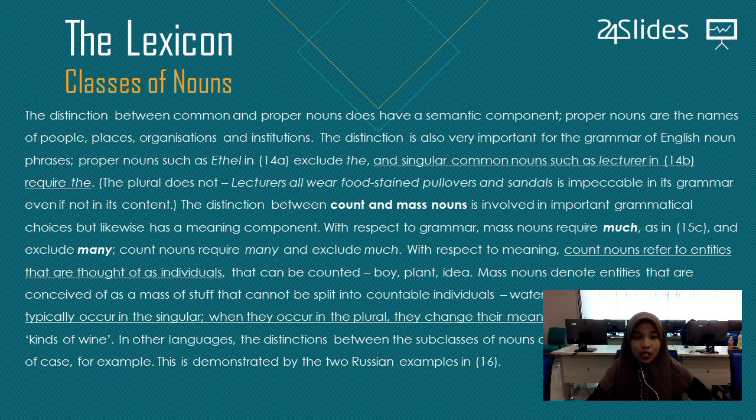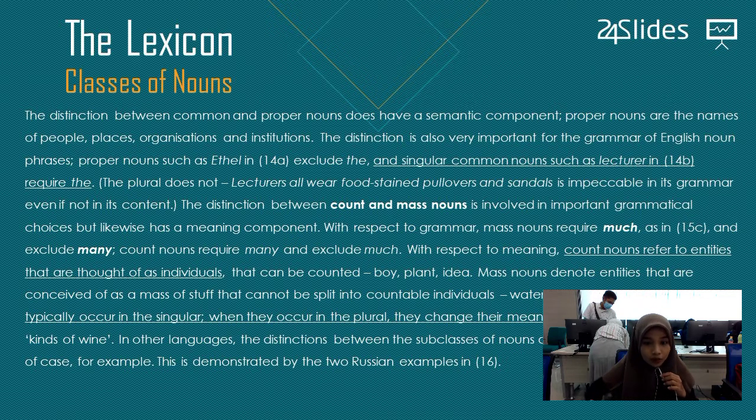Proper nouns are the names of people, places, organizations, and institutions. The distinction is also very important for the grammar of English noun phrases. Proper nouns such as apple in 14a exclude the, and singular common nouns such as lecturer in 14b require the. The plural doesn't lecture or wear footstained pullovers and sandals is impeccable in its grammar even if not in its